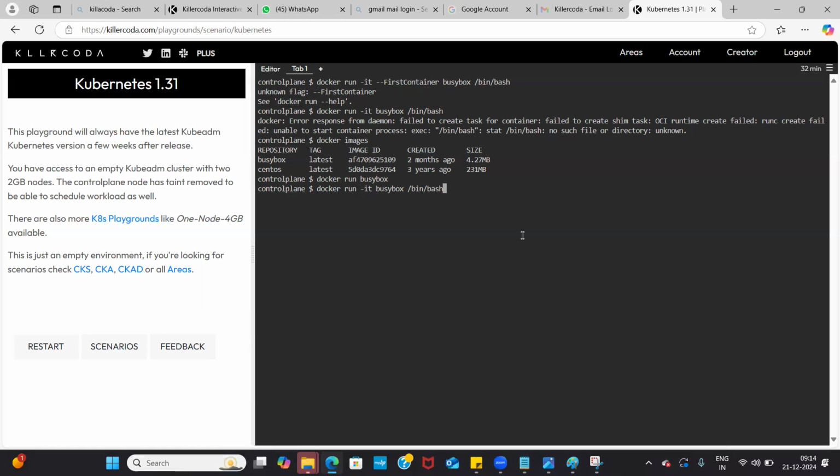Now try to find out. Just think about that, what you can find here. Okay, that bin bash directory, right? Yeah, of course. This is a path where your image basically